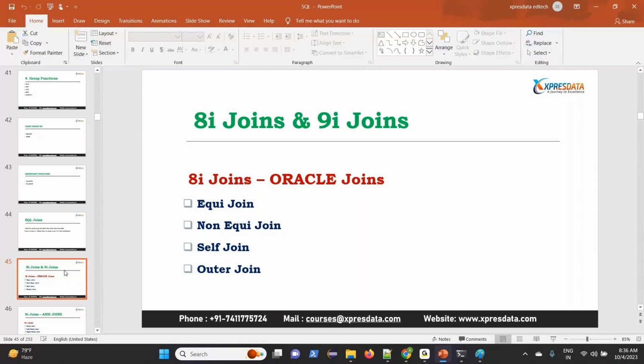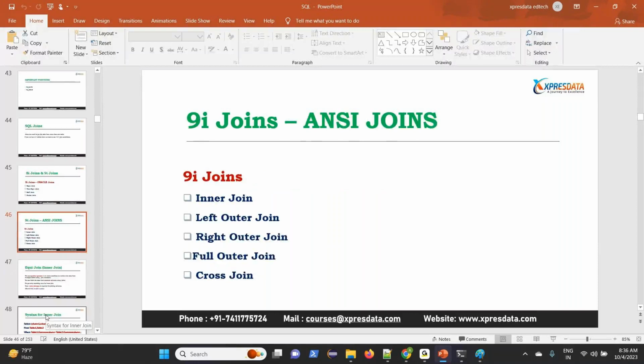Now we can focus on 9i joins, also called ANSI joins, American National Standards Institute. These joins can be used in all databases without changing the structure and meaning. So all clients now request learning 9i joins only, not 8i joins. But still I will discuss that.